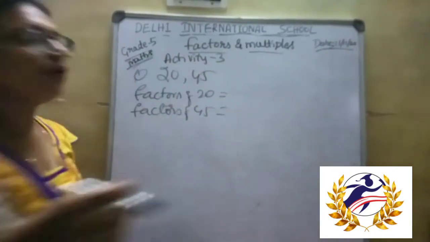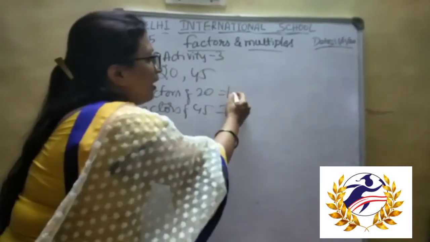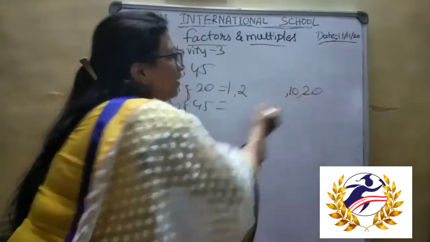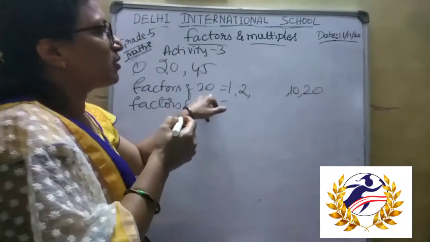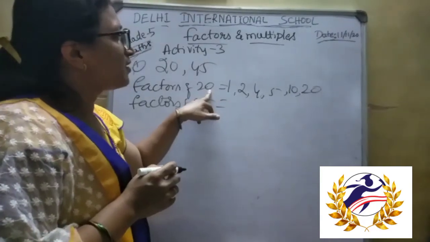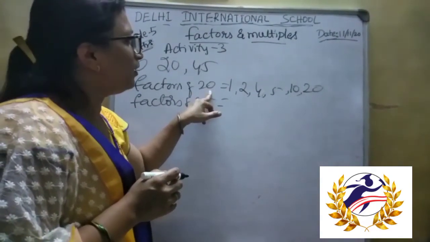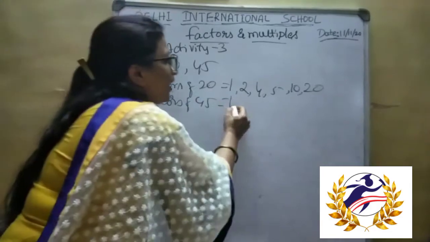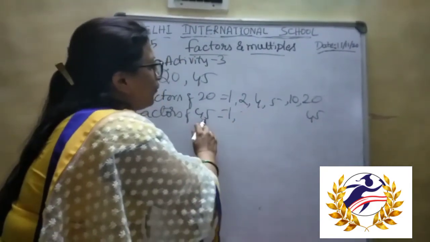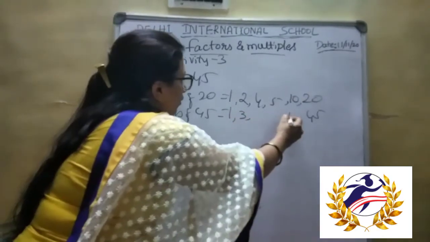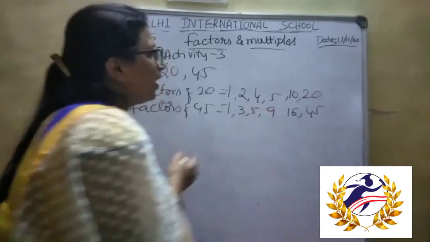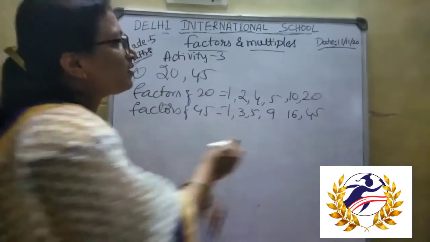Okay. So factors of 20 are 1 20s are 20, 2 10s are 20. So in 3 table it doesn't come. 4 5s are 20. Okay. So in 6 and 7 it doesn't go with anybody. So then 45, you take 1 45s are 45. So then it doesn't go with 2, 3 15s are 45. So then 5 9s are 45. Okay. So like this it goes.